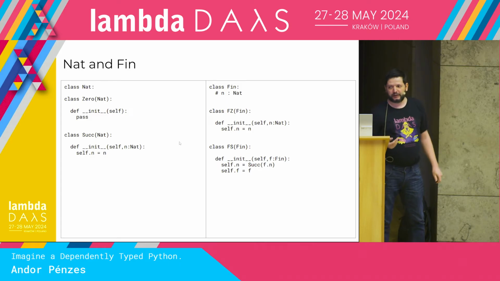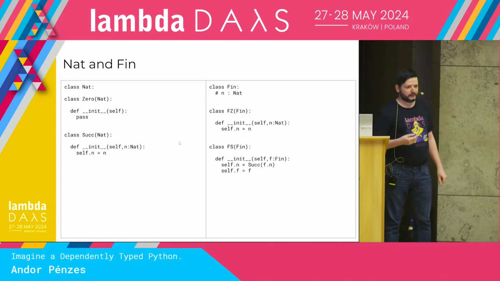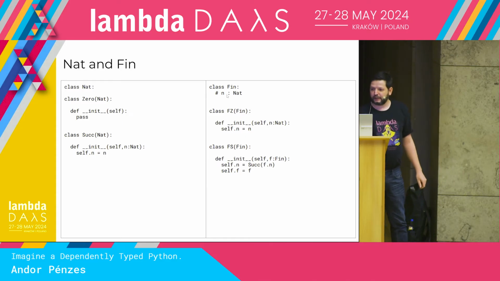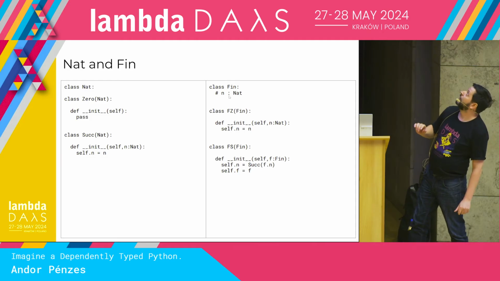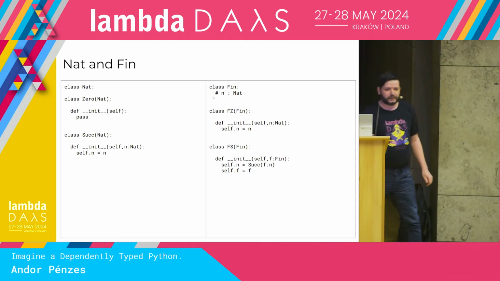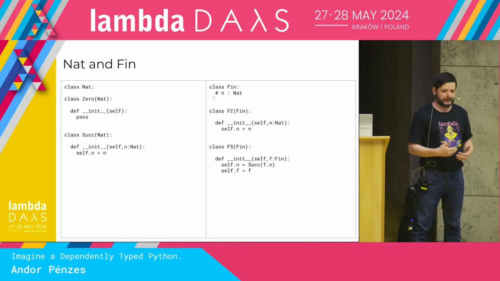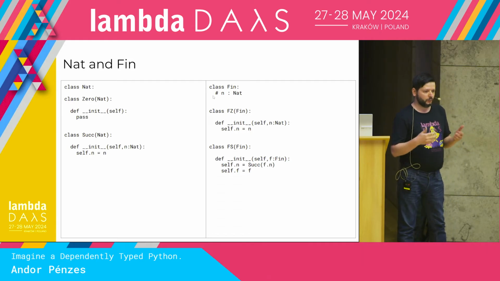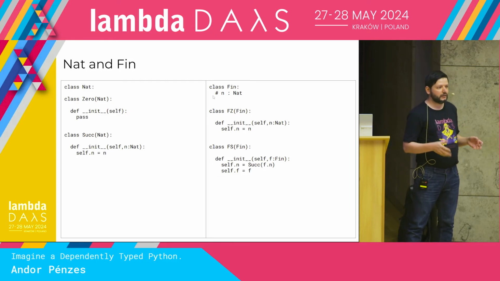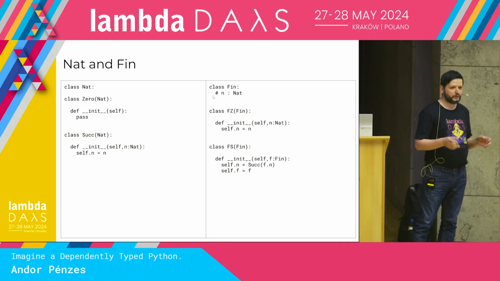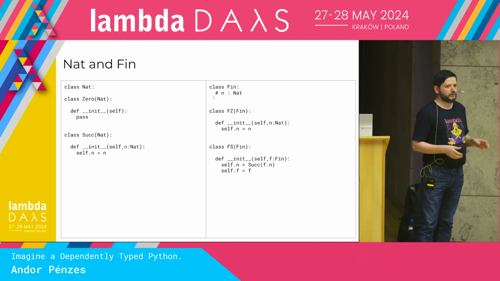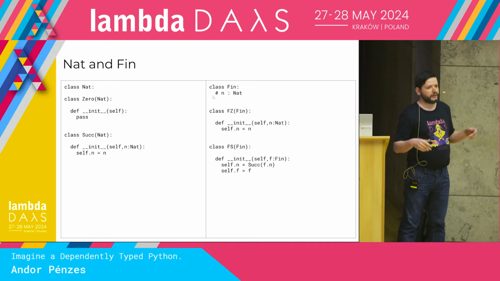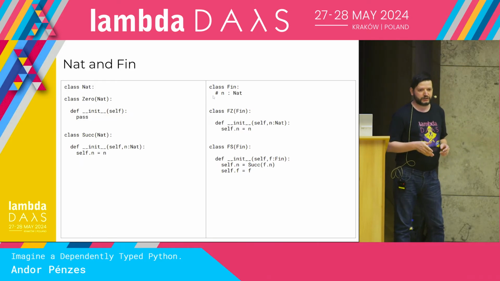The second example is the finite indices. And here, if you can see my mouse, yes. Here we introduce a type index for this Fin data type, or Fin type, which will be indexed by a natural number. This is a well-known data type from dependently typed programming. So if you wrote Agda, you are familiar with this. But this is for something finitely indexing into some structure.